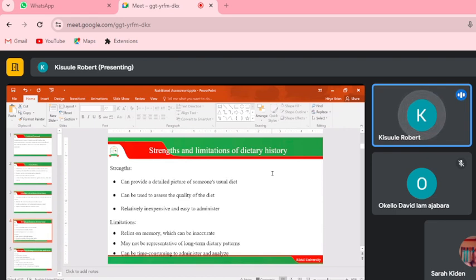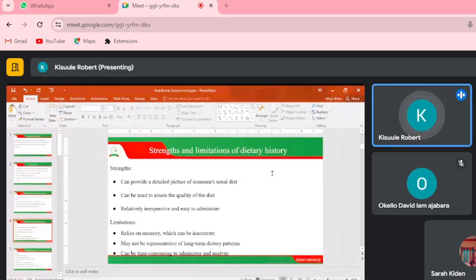So then the limitations, we are saying it relies on memory. If someone can't remember, then they won't give you information, because we always forget those simple things, such as the snacks mainly. If someone had asked you right now how many snacks you've eaten, you might say, I've not eaten any snack, but then you forget someone gave you maybe a handful of groundnuts when you're moving,